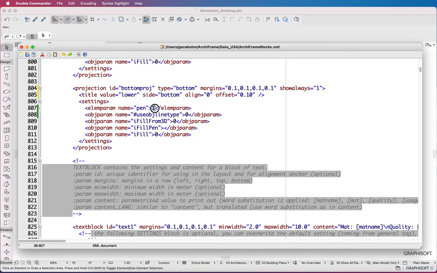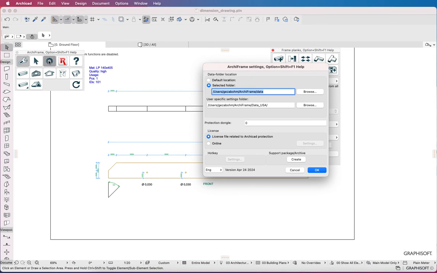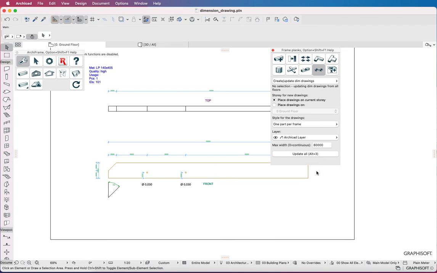And finally, the pen color is not black, but some different color. You have to save the XML and you have to load it into Archiframe to take effect. This is done by opening the settings of Archiframe and just clicking OK, which will reload the settings file, also this XML.